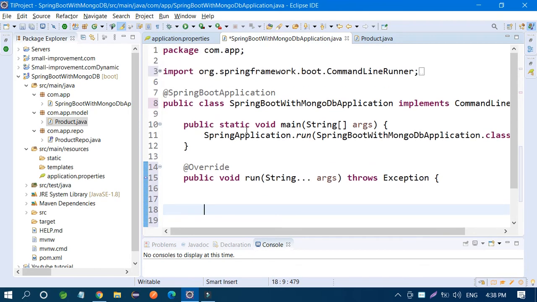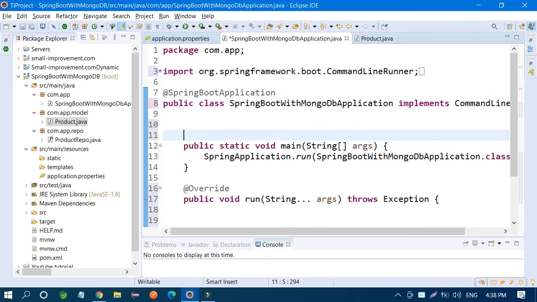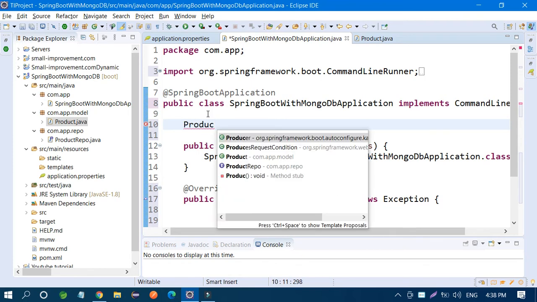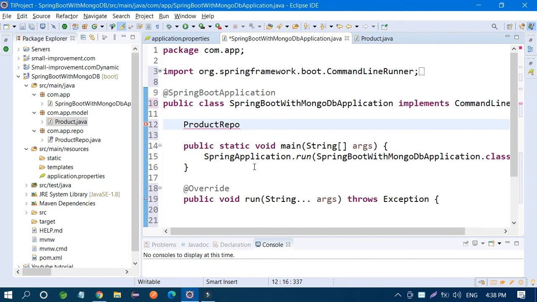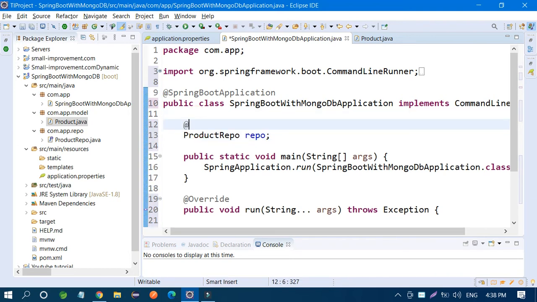First of all, you have to create a repository, the product repo, and just give it @Autowired so that it's automatically activated.